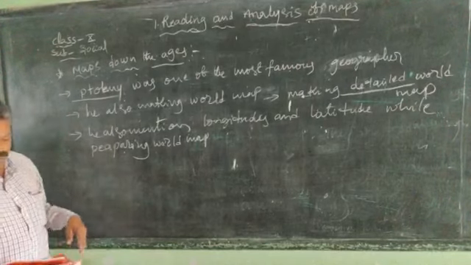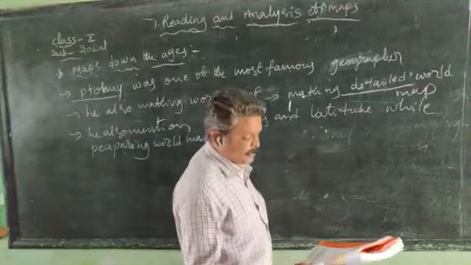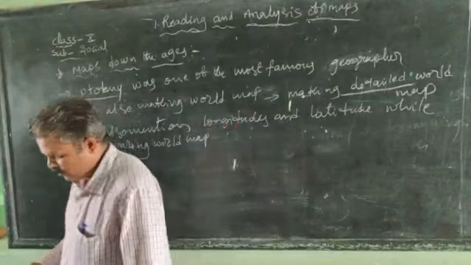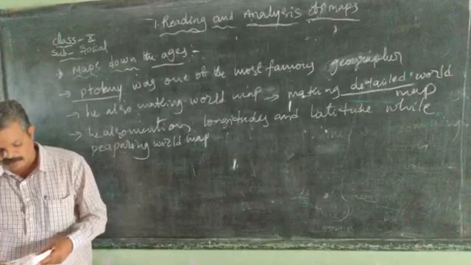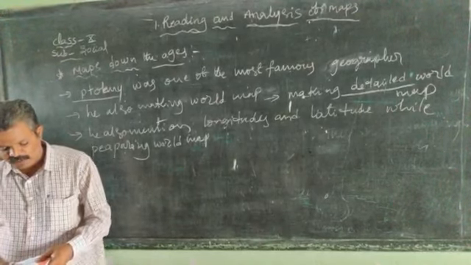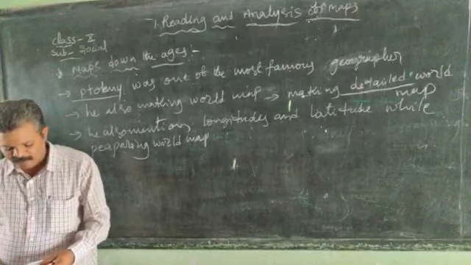Next, these books of Ptolemy were used by Arab sailors, and the sailors also prepared maps. One famous Arab map maker was Al-Idrisi, who prepared the world map for his king